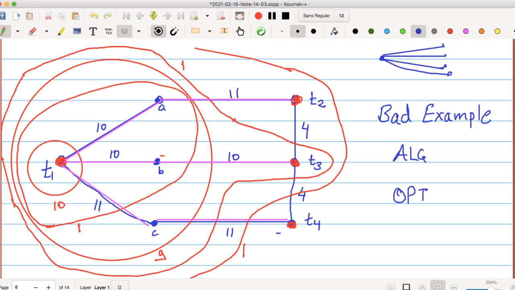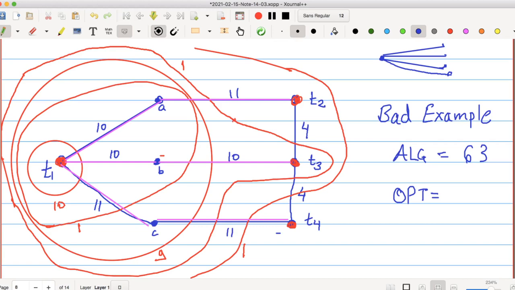So we always consider those sets which include T1. So minimal sets which include T1. So that's where the algorithm looks bad. So in this example, the algorithm will give you 33 and 63. So the total cost you will get is 63, while the optimal is basically you can connect T1 with T3.